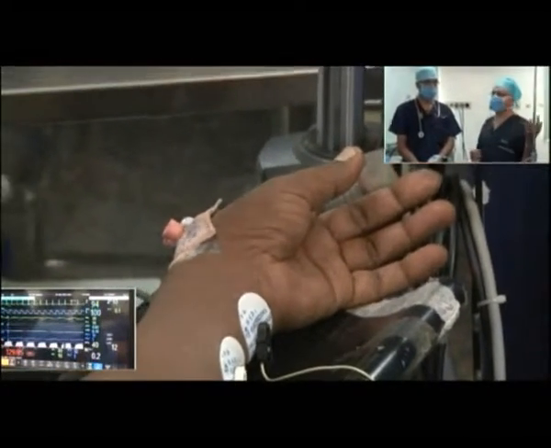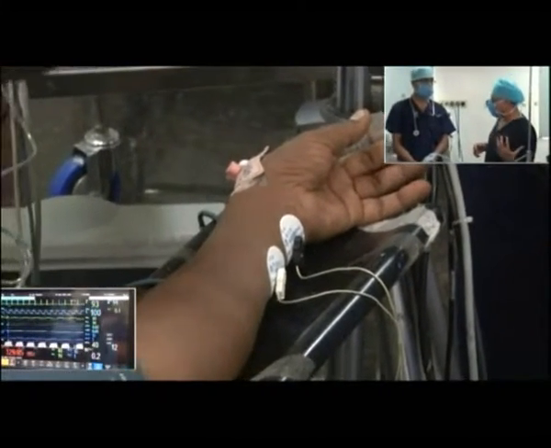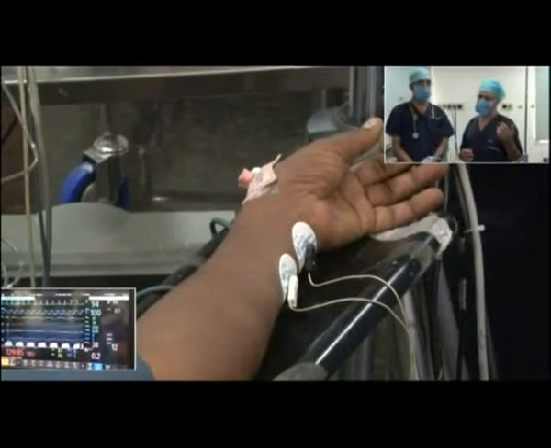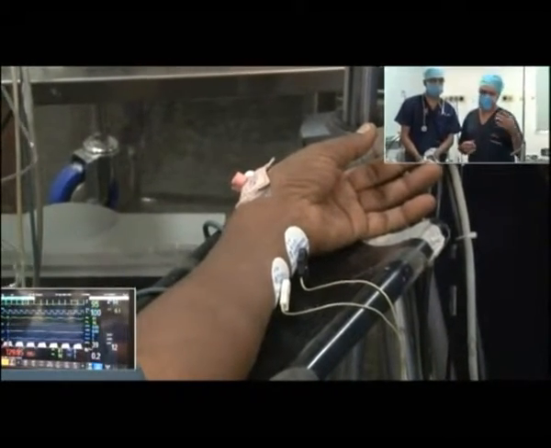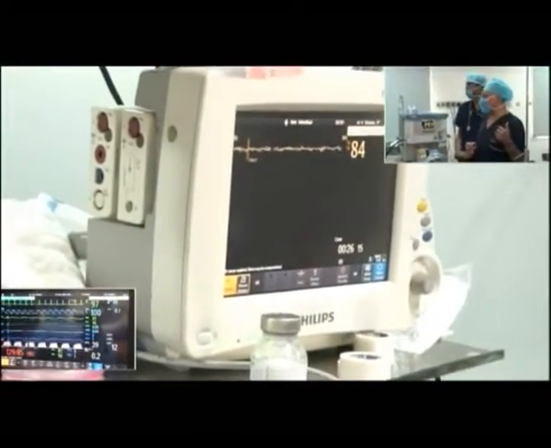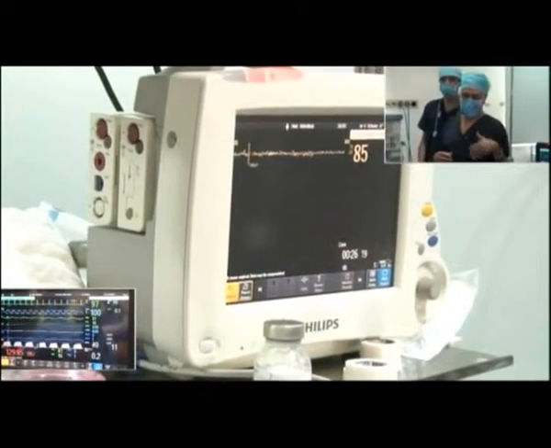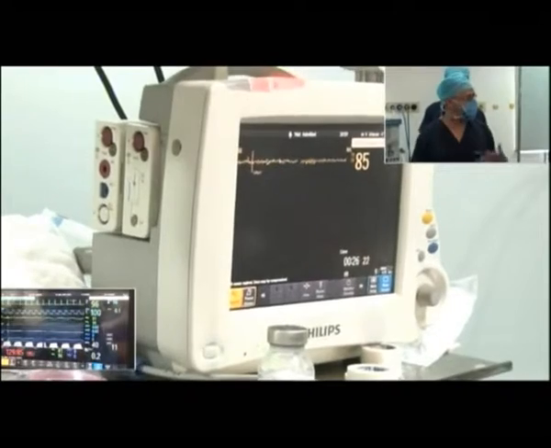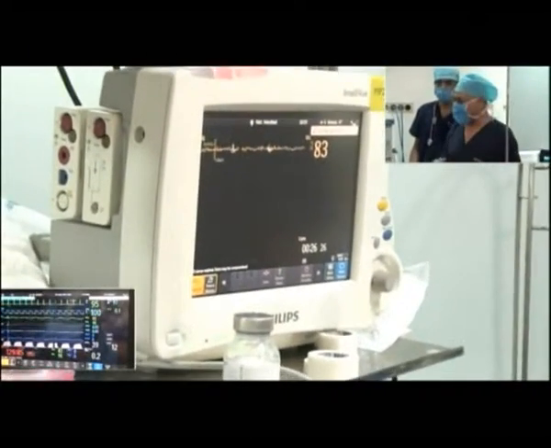twitches. If you have all 4 twitches with no fade, the dose is 20 micrograms per kilogram ideal body weight. If you have all 4 twitches with some fade, it's 30 micrograms. And in my presentation, I will share with you where that's coming from. It's not arbitrary, it's based on randomized trials. If you have 3 twitches, then basically what you're going to do is give 40 micrograms per kilogram ideal body weight. In this case, it's about 2 to 3 twitches, so you could give 40 or 50 micrograms per kilogram